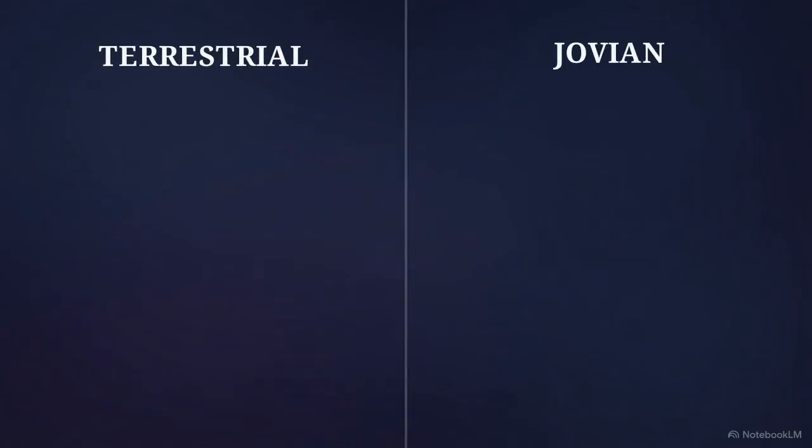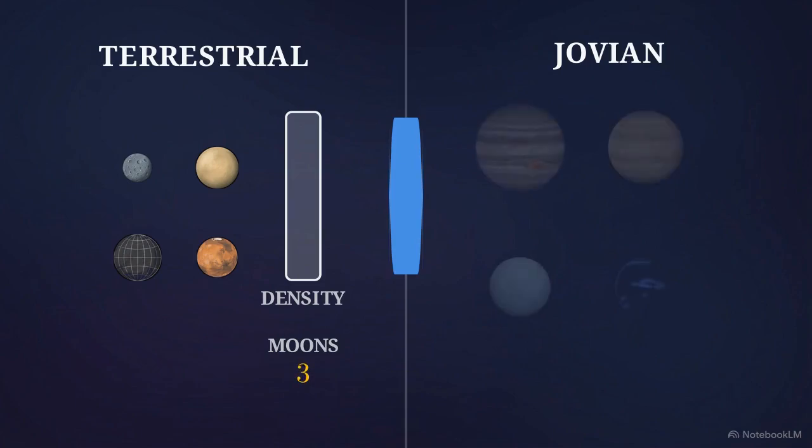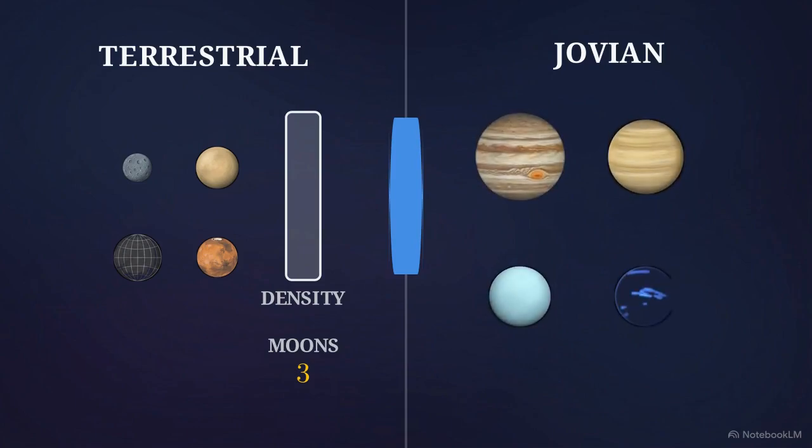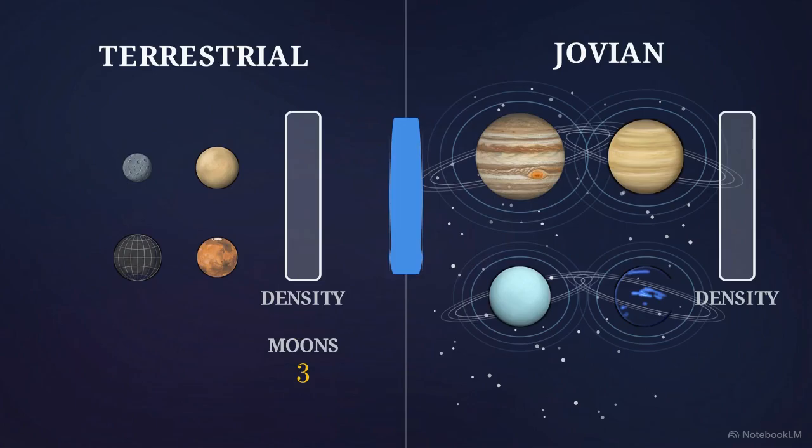This data model illustrates the structural divide of the solar system, starting with the terrestrial group. Mercury, Venus, Earth, and Mars are highly dense, compact rocky bodies. They lack ring systems entirely, and together they possess only 3 moons. The outer Jovian planets, Jupiter, Saturn, Uranus, and Neptune, exhibit the exact opposite parameters. They are low-density giants composed almost entirely of hydrogen and helium gas. They all possess significant magnetic fields, myriad satellite moons, and complex ring systems made of icy debris.